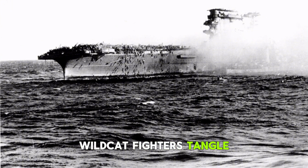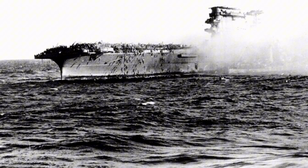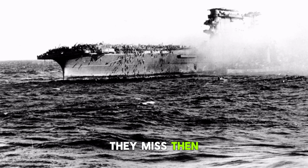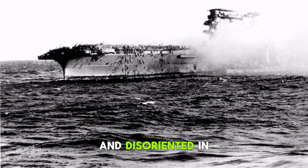Wildcat fighters tangle with Japanese bombers. Some bombers are shot down. Others jettison their ordnance and flee. A few actually press their attacks, but in the darkness and confusion, they miss. Then something remarkable happens. The surviving Japanese aircraft, low on fuel and disoriented in the darkness, mistake the American carriers